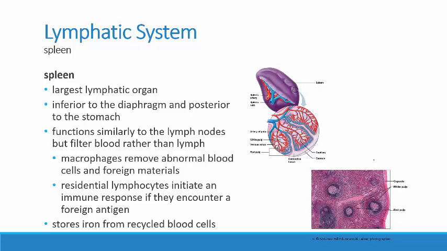And so we have lymphatic nodules that have macrophages and residential lymphocytes, and as the macrophages are working the blood over and cleaning out anything that doesn't belong, they will take and present to the lymphocytes the antigens they find, and so in this way we can also initiate immune responses and clean the blood of foreign materials